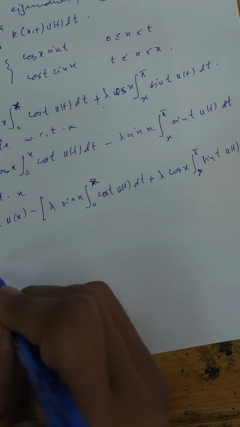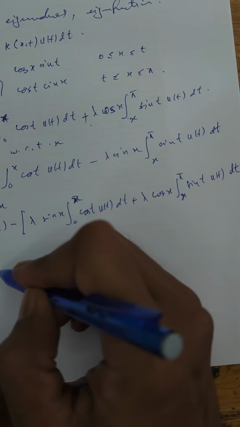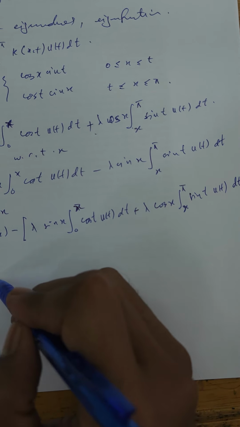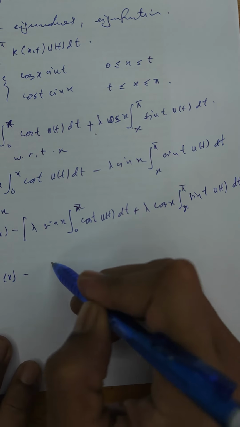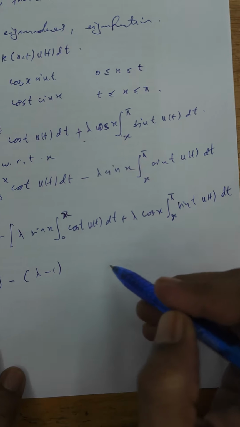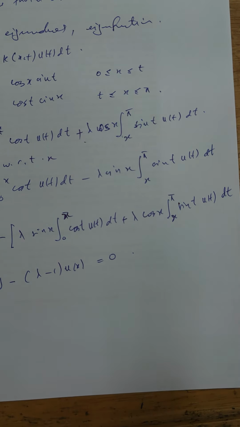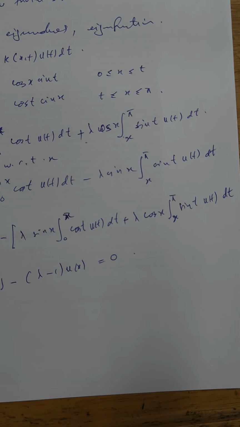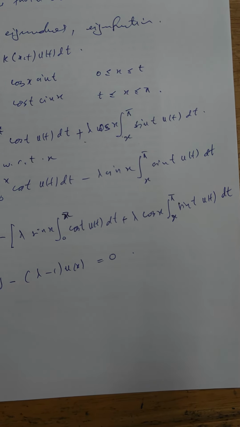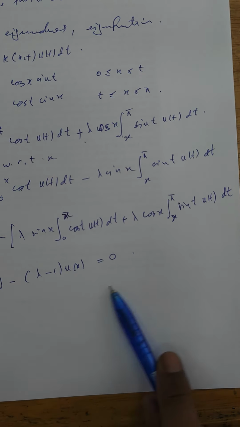Okay, then you rearrange this. We have u double prime x minus (lambda minus 1) u(x) equal to 0. Okay, so now our integral equation is reduced to solving this